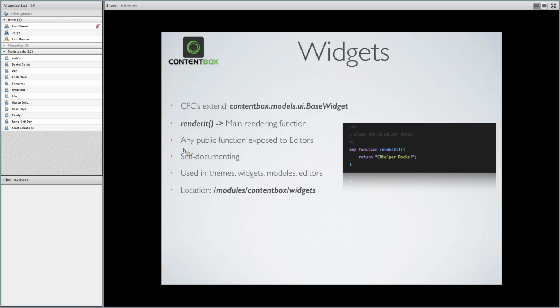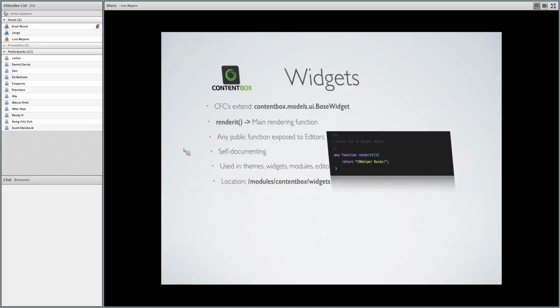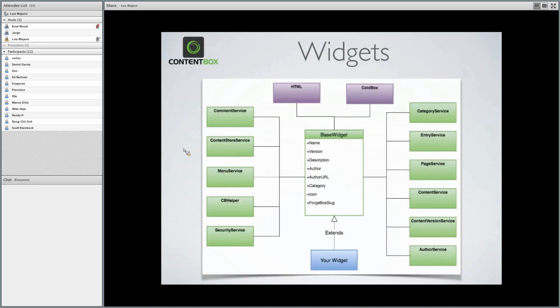They are self-documented. We are huge believers here in Ortus about documentation. And it makes it really easy for developers to just document these functions, and they will be able to give instructions to users when using these widgets. So we definitely encourage you to create a lot of very expressive documentation, even for the arguments, because they will be self-documented and present screens to the users in order for them to use your widget.